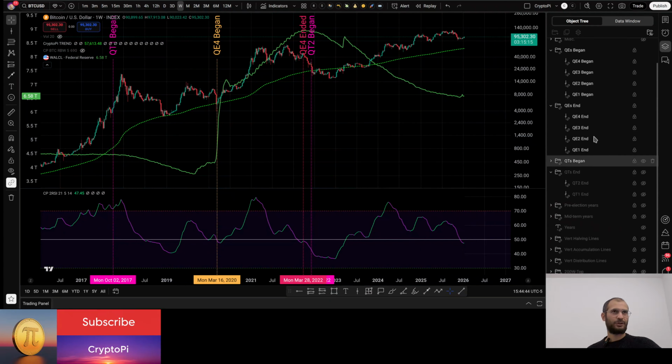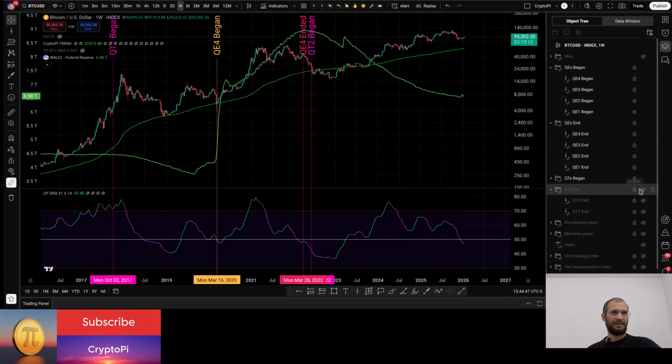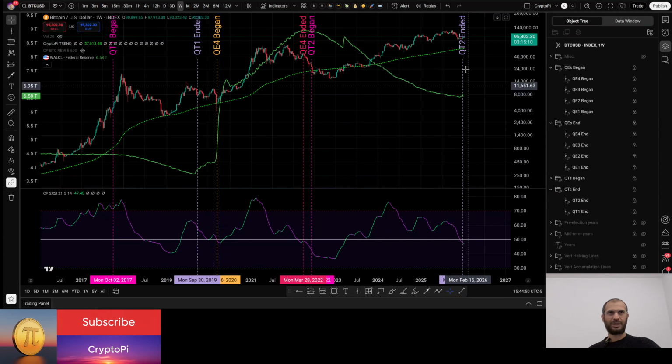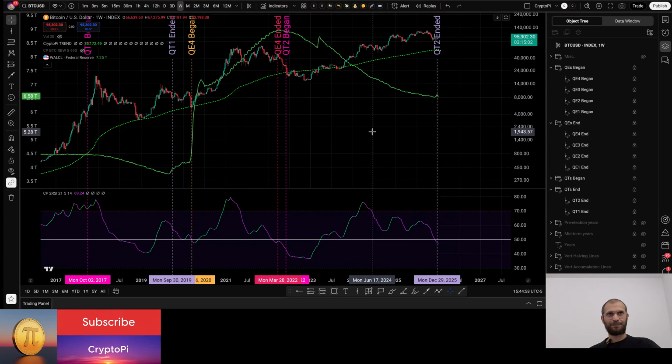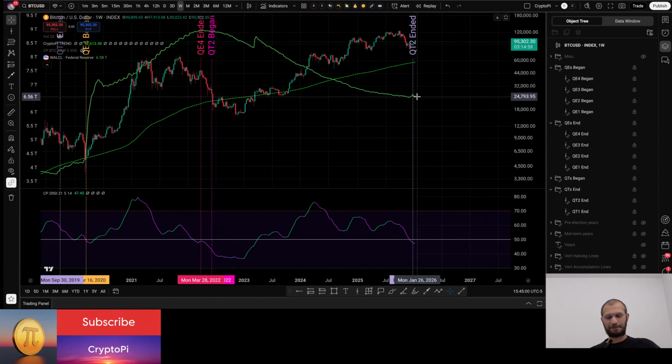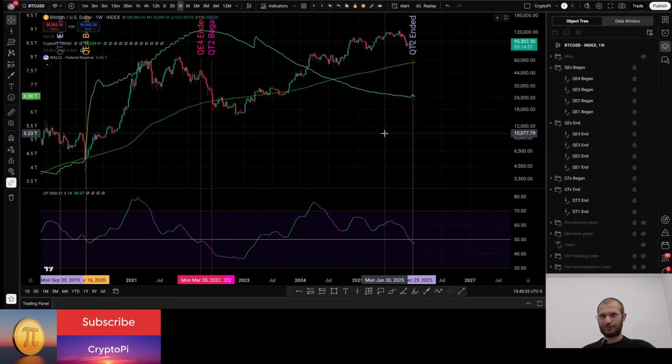There are a few things which are happening right now. The first one is quantitative tightening ended in December. Now, when this news came in, there was so much positivity in the market that we will have another rally, another alt season. Bitcoin will reach its all-time high.